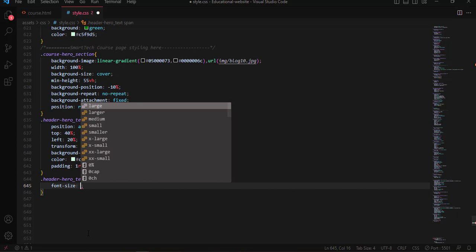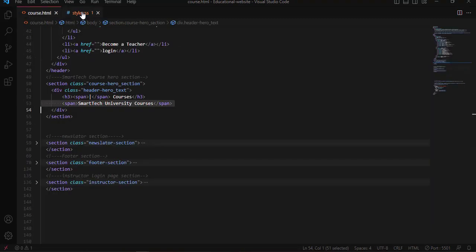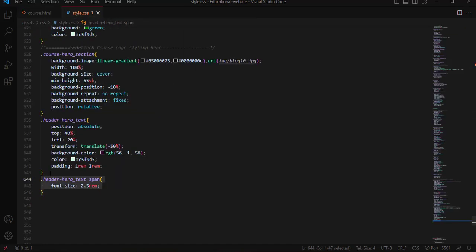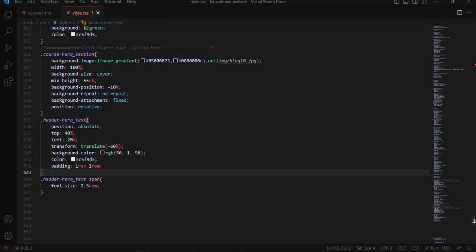So font size 2.5 rem, which is 2.5 times the global font size that we have set inside the HTML in the body element selector, right? So again, now copy this, and then first let me save and refresh. Here we have it. Alright,